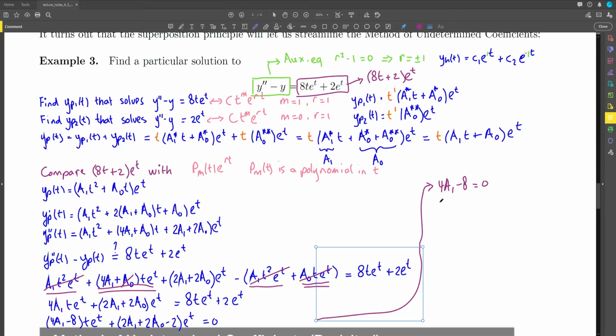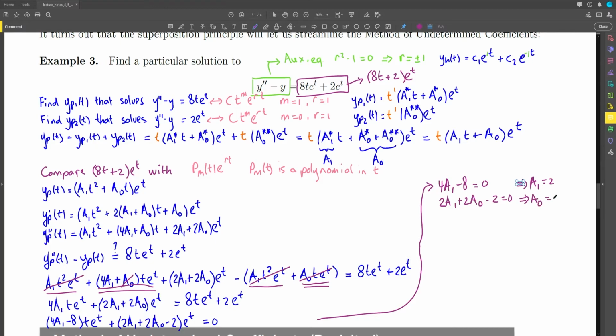And then we have 2a1 plus 2a naught minus 2 equals 0. The first one leads to a1 equaling 2. And then once you plug that into the second equation, you see that